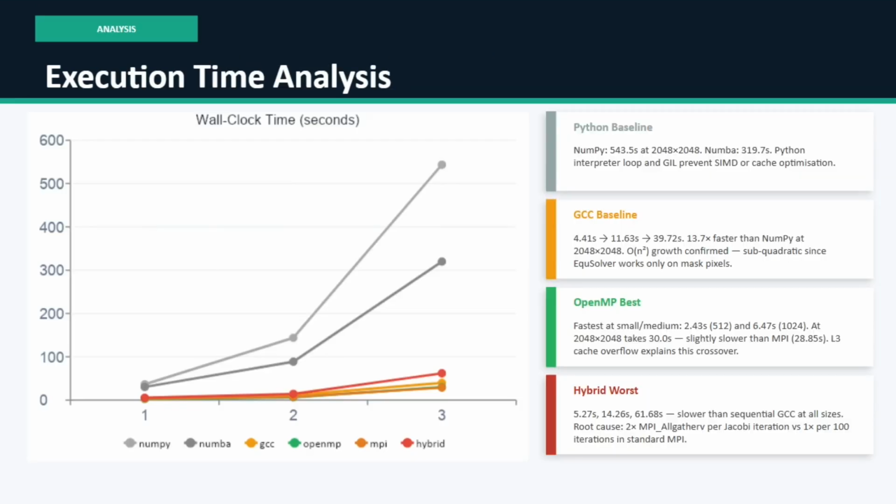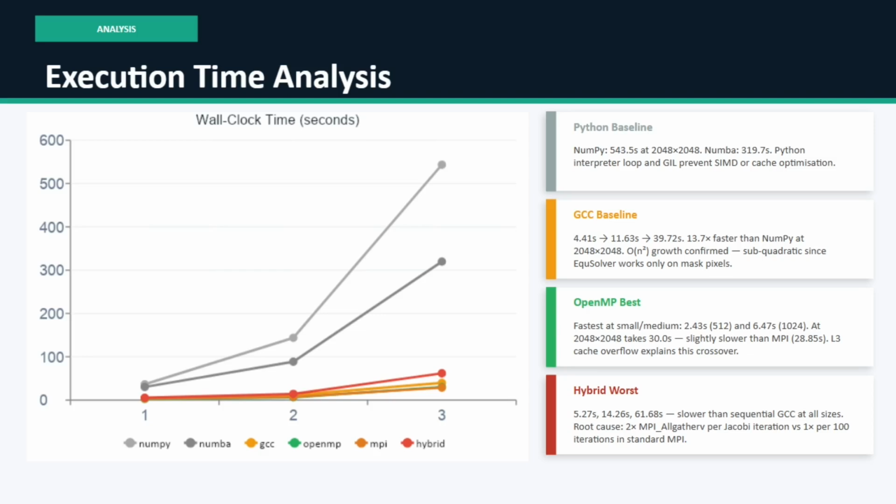Looking at raw execution times, Python is extremely slow. NumPy took 543 seconds at 2048 by 2048 images. Numba took around 320 seconds. The GIL and interpreter overhead prevent any SIMD or cache optimization. Moving to sequential GCC drops that to under 40 seconds, a 13.7 times improvement. And the subquadratic growth we see is expected, since our solver only operates on masked pixels rather than the full